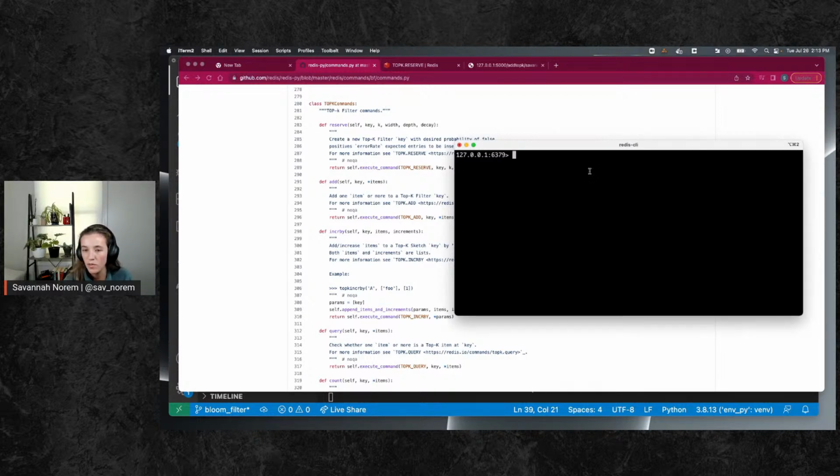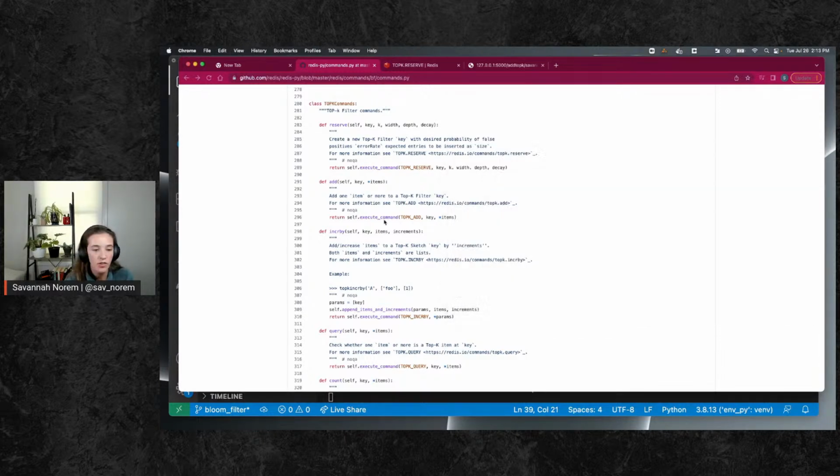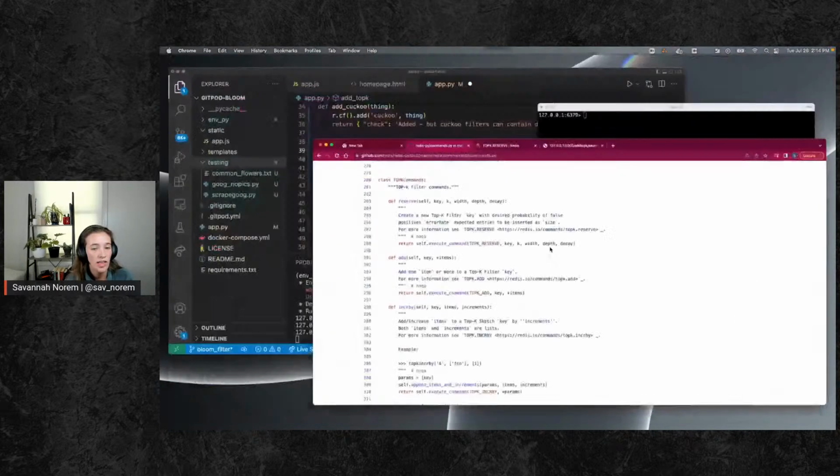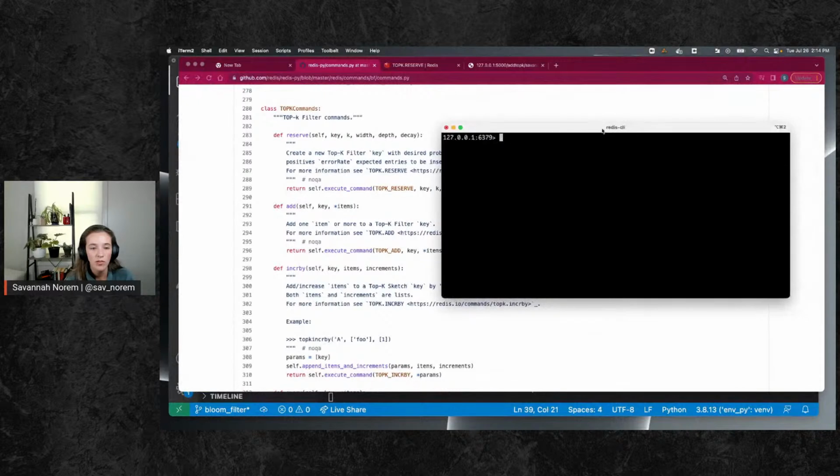So I'll make that a little bit bigger. Let me know in a comment if you guys can't see. I guess this is a little small. Let me increase that size. But for Redis CLI, I'm going to do a top